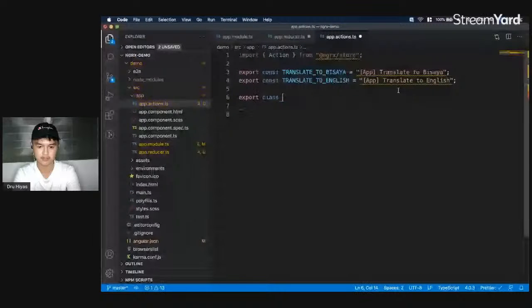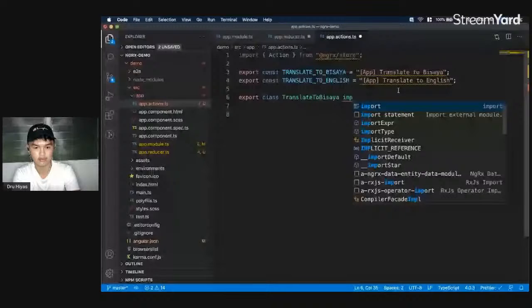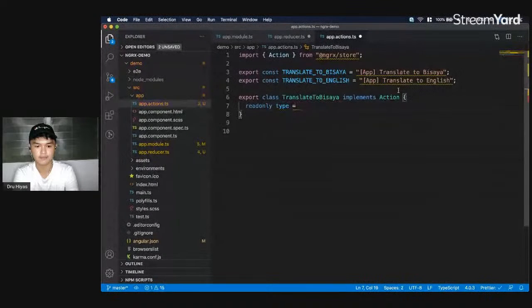Then I'm going to make a class, Translate to Bisaya, that will implement an action. So the action has a read-only type, which we have to get the one here. So that's the type of the action, and then I think we're going to pass the